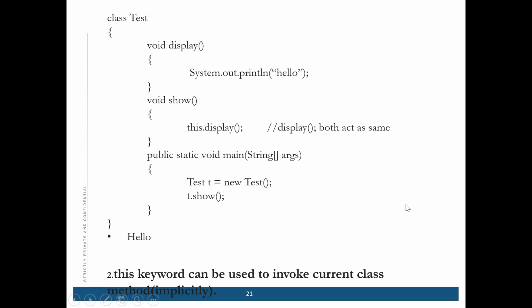But how come there is confusion? I mean, why do we need to use this? There is no confusion, right? You can also not use this, but this is just one way we can use this keyword. If you don't use it, that is also fine. But this is the use. I'm teaching about the use of this keyword. So these are the different ways we can use it. Is there any inbuilt method display in Java? No. There is no inbuilt method; it is a user created method.